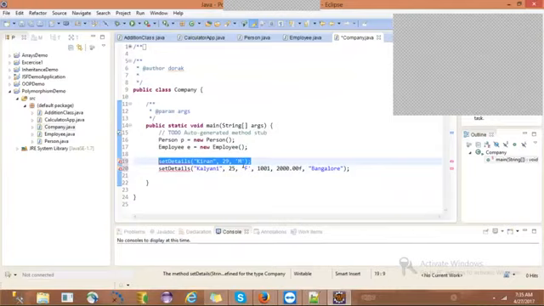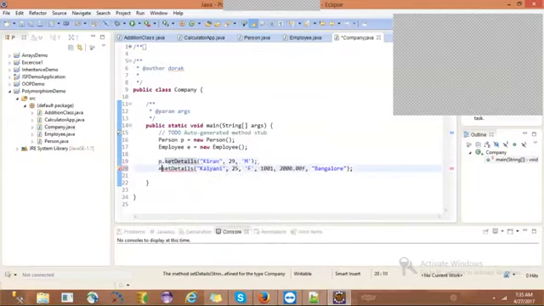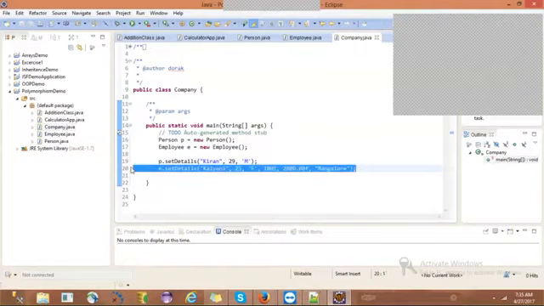In person class, based on the arguments. Based on the arguments we can decide, right? We don't require this reference. Without reference also, based on the arguments that we have passed over there, we can decide. And here we have 6 arguments passed. So based on the number of parameters, it can be decided that it should be invoked from either person class or employee class. How is it deciding? Based on parameters and arguments matching.